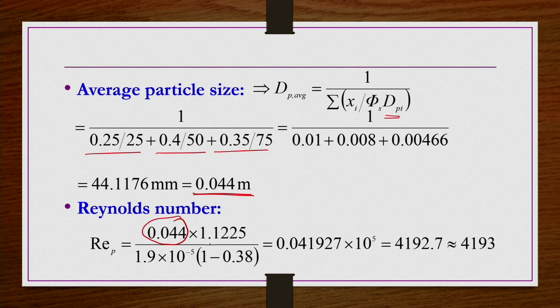In this case, we have not taken rho v bar, but we have calculated G because v naught bar is not given. G we calculated as 1.1225 in the previous problem. Same thing we have to use. Viscosity, whatever is in the previous problem, is the same thing we have to use here. Void is 0.38, given in the previous problem, same thing we are using here. Except dP, the rest of the parameters and conditions are the same. So when you substitute these values in the Reynolds number definition, you will get Reynolds number approximately 4193, right.